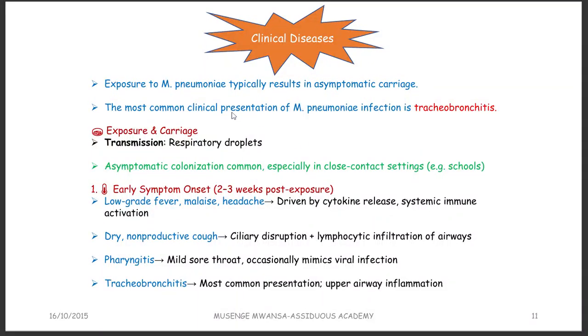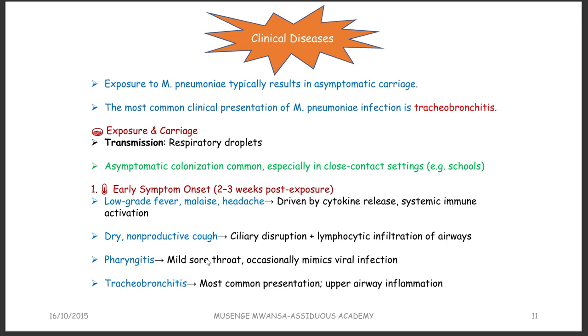Okay, so the clinical disease, the most common clinical presentation of mycoplasma pneumonia is a tracheobronchitis. Transmission is via respiratory droplets. Asymptomatic colonization is common, especially in close contact settings, like in children who are at school. One has a disease, they're coughing, and then they can spread it to others, and then they become asymptomatic carriers. Early symptom onset is 2 to 3 weeks after exposure. There's going to be low grade fever, malaise, headache. This is because of the cytokines. There will be a dry, non-productive cough because of ciliary disruption, and then there'll be pharyngitis where there will be